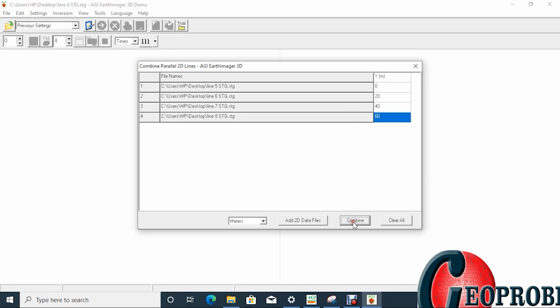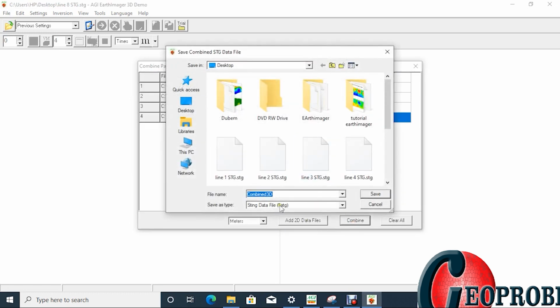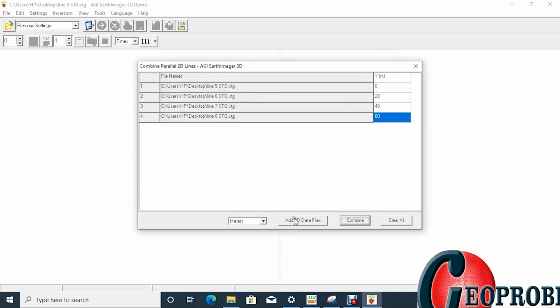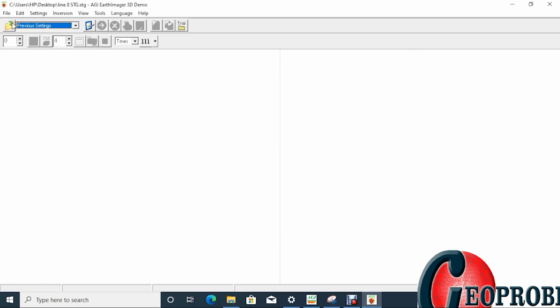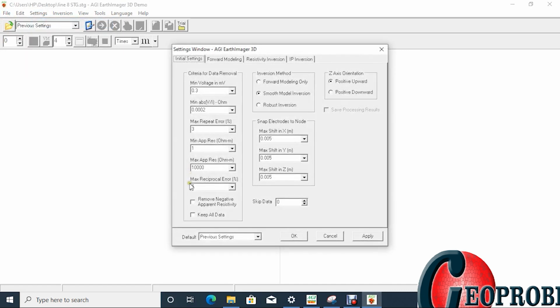So you combine. If you ask it to combine, to name the combined file, name it line 5, 6, 7, 8, so I can recognize it. Okay, save. So we've saved, then we close. After you've closed, next thing you do is to make sure that your settings are okay. Check your settings, and then